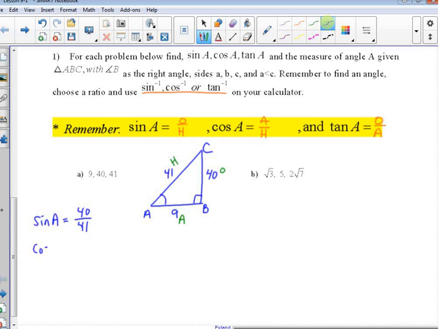I want the cosine of A. That's going to be adjacent over hypotenuse, which is 9 over 41. And the tangent of A is going to be the opposite over adjacent, or 40 over 9. The second part says then, remember to find an angle. So you can choose any one of these